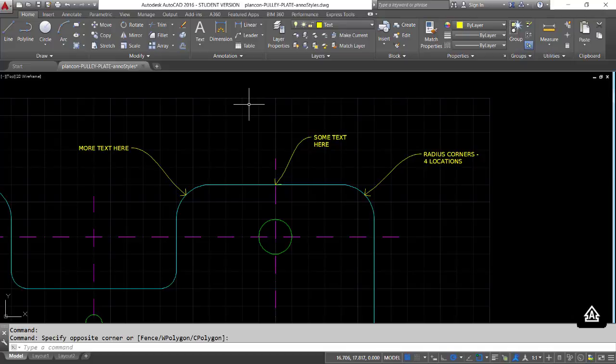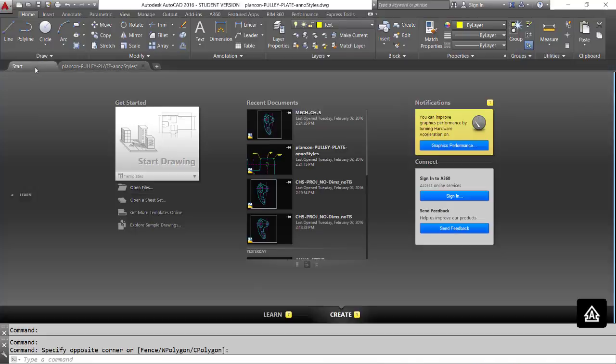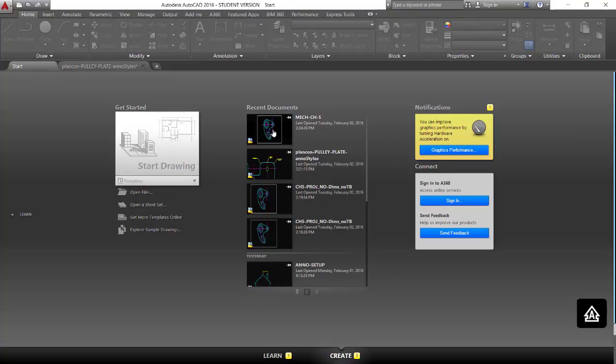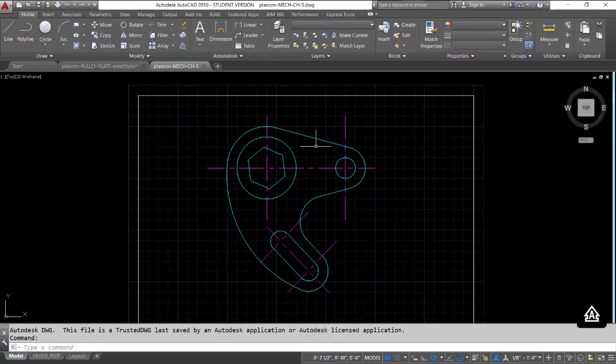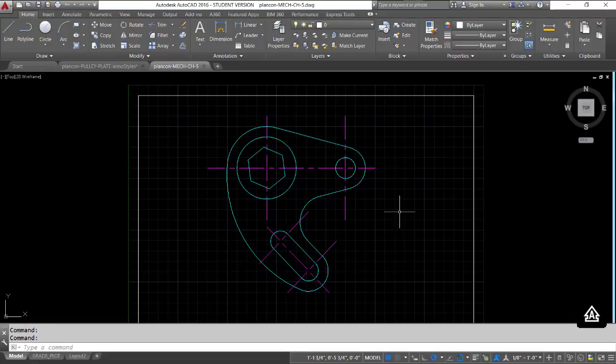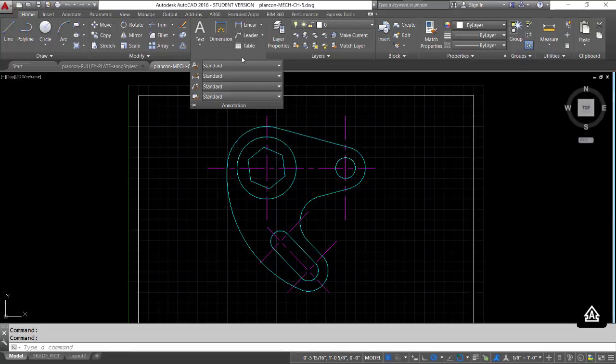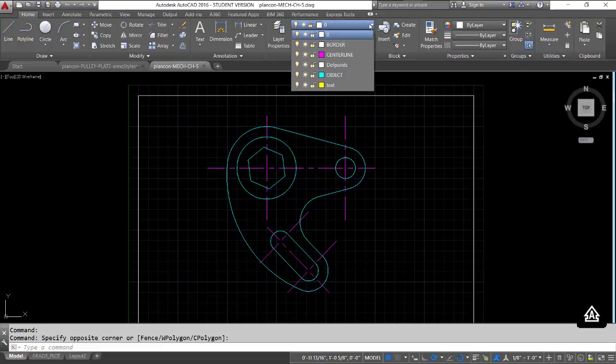So to actually work on the dimensions, I'm going to open up another drawing that you should be working on, or hopefully you have been working on for homework, and that is the mechanical drawing CH5, as it's so called. You may recognize this from the homework assignment that was handed out last week. When we open it up, there are no styles defined, just standard, for the dimensions, the text, and the leader. And it has similar layers set up, but not all the layers that we saw in the